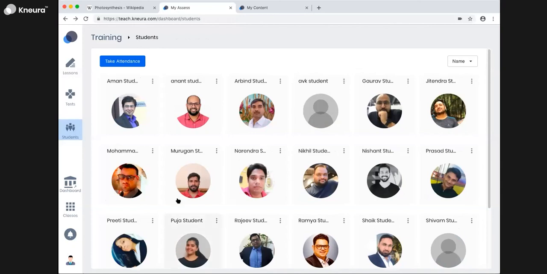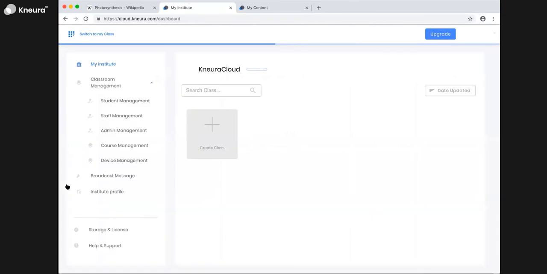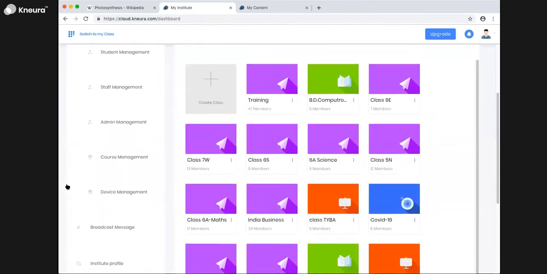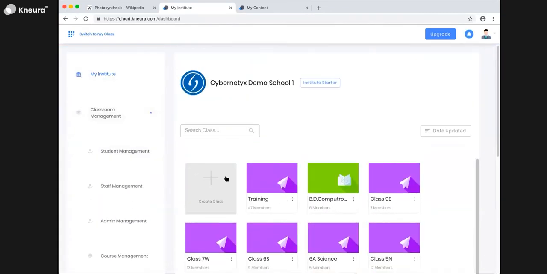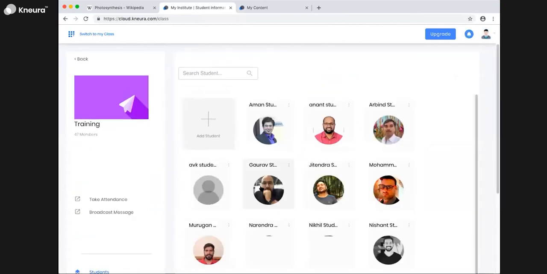The last part we'll also quickly touch upon is insights and analytics. All of this is happening: the teacher is taking assessments, the teacher is taking attendance. All this information is actually sent to the admin. So let's go back to the admin part here. What you see here is basically the classes. Let me say this was the class where all these things were happening.